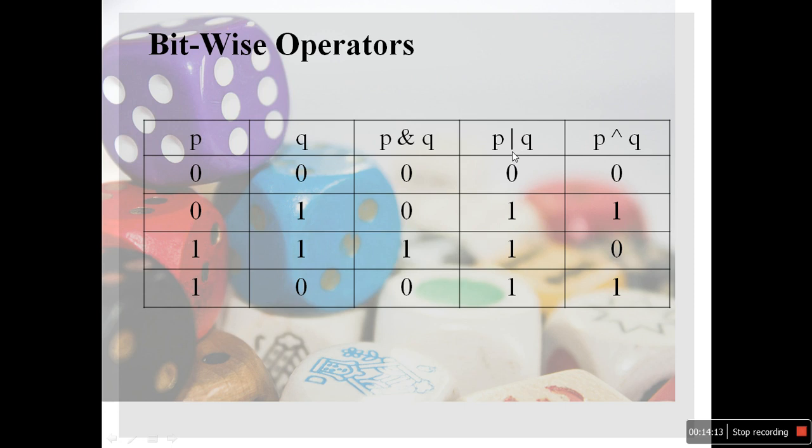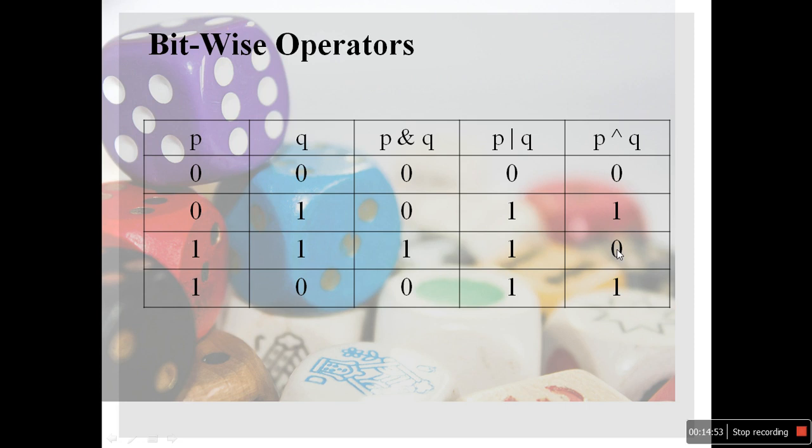That is the symbol of OR. 0 or 0 is always 0, 0 or 1 is 1, 1 or 1 is 1, 1 or 0 is 1. And now this is the XOR gate. What is the condition of the XOR gate? If both inputs are the same, like 0 and 0, my result will be 0. If both bits are different, like 0 and 1, my result is 1. If both bits are the same, the result is 0.